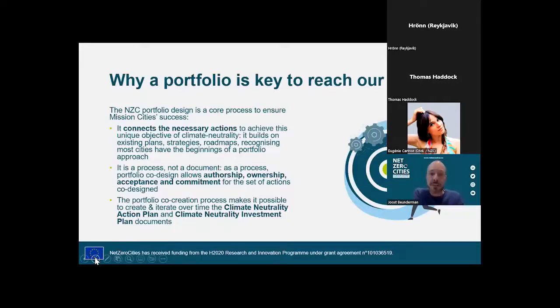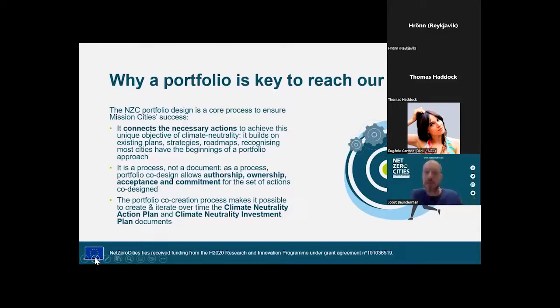Connecting actions is important. Connecting people is even more important. For example, we've worked over time with the city of Vienna, not part of the mission, but a leading city when it comes to the drive towards climate neutrality nevertheless. And when we spoke with them after 2-3 years of working together, when we asked what is the key impact that our way of working with you has had,